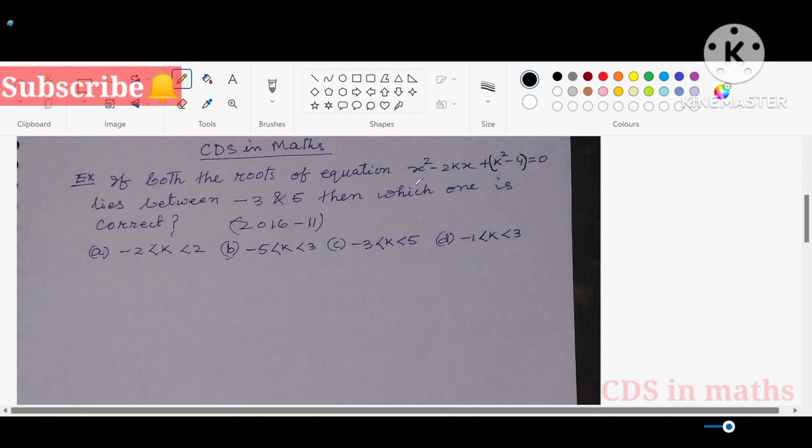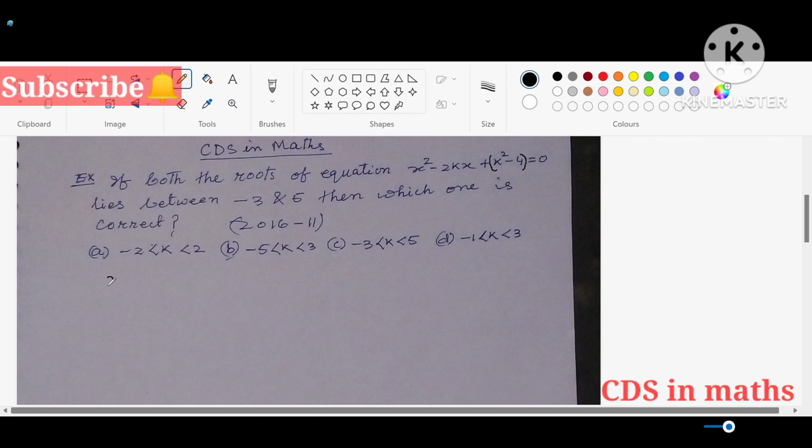So this is the quadratic equation. You see it is of the form ax square plus bx plus c is equal to 0. The information given is that both the roots of the equation lie between. So let's find the roots